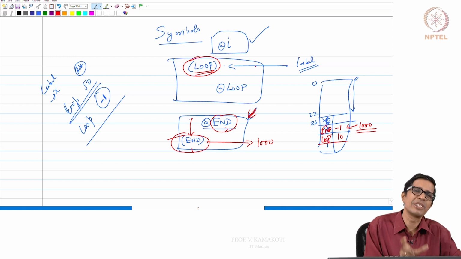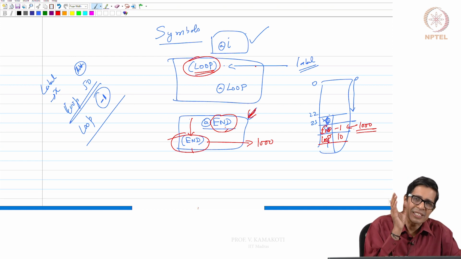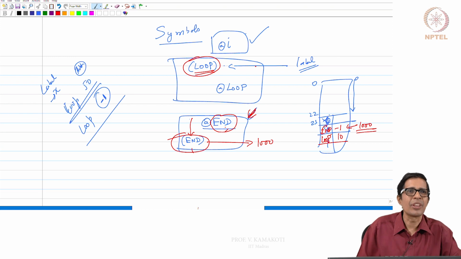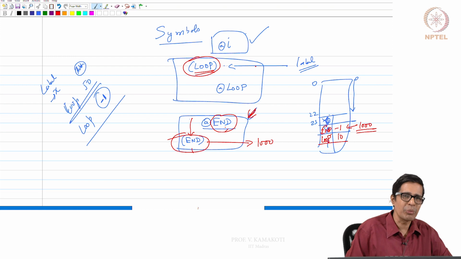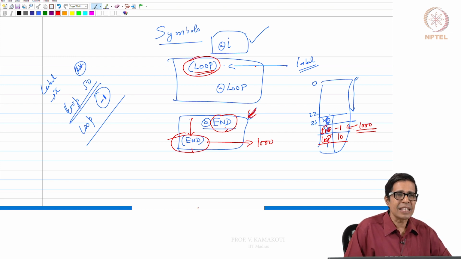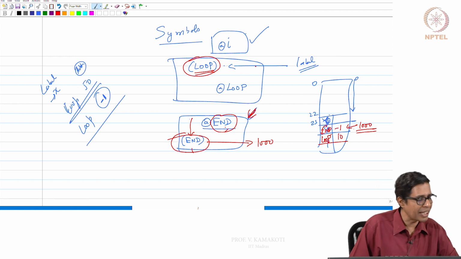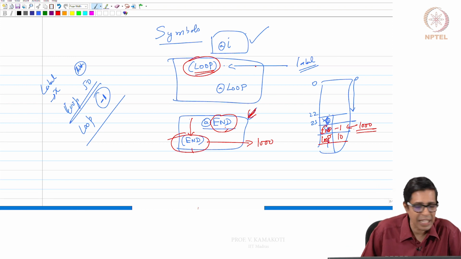Symbol is the key for this table. The key has uniqueness, so I can't repeat symbols again and again. For every symbol there will be only one entry.